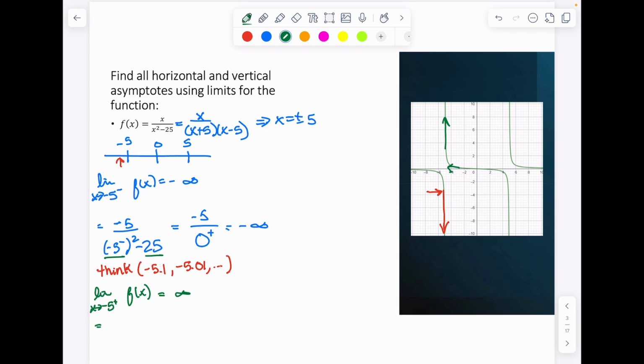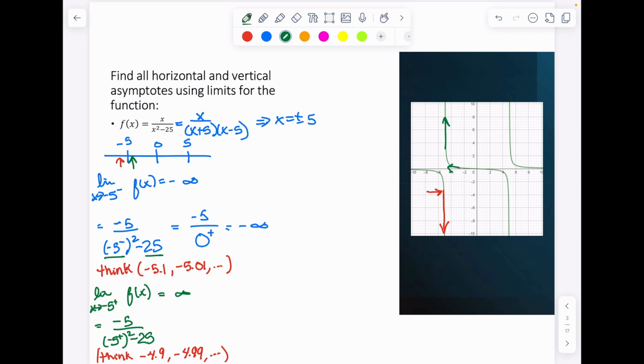And we're going to follow the same kind of logic that we did in the previous one. I'm going to have -5, but I'm going to be just on the right-hand side of -5. So once again, coming up here to my number line, I'm going to be on this side, the right-hand side of -5. I'm going to think about the values that that's going to be. In my mind, I'm going to think -4.9 or -4.99, and so on and so forth as I get closer and closer to -5, but I'm just on the right-hand side of that. If I take those kinds of numbers and I square it, this should be a square, then